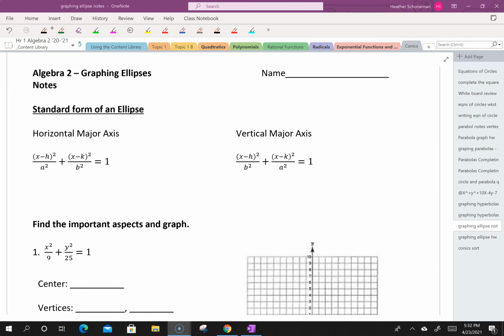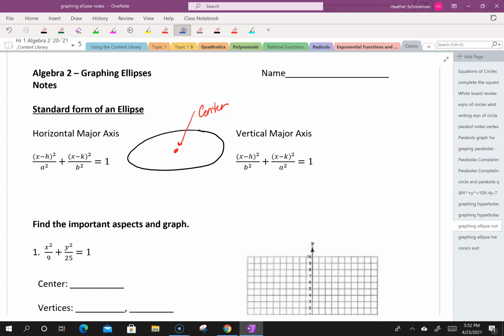Okay, this video shows you how to graph ellipses. So there's two different kinds of ellipses. There's a horizontal one and there's a vertical one. The horizontal ellipse looks like this. In an ellipse, we have the center,